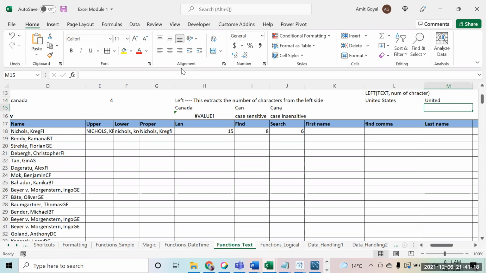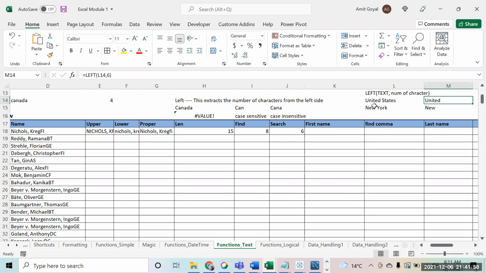Now 6 was the number which specified how many characters I had to extract. Suppose I write New York over here, and now I want to extract the first word in this. I will again apply the formula, that is LEFT, this, and 3, because I have to extract 3 characters. But if I have 100 names, 100 values like this, I can't keep applying the formula again. So we have to understand how we can make the formulas dynamic, so that they are able to work on every value.